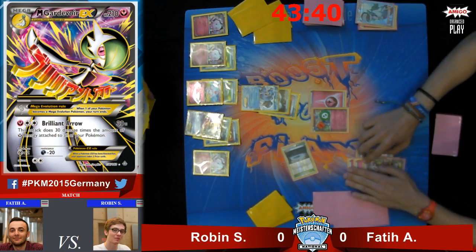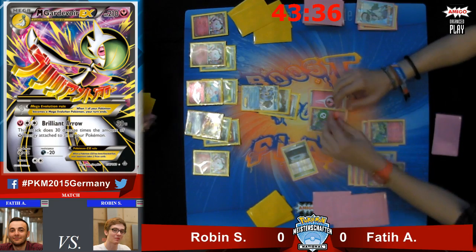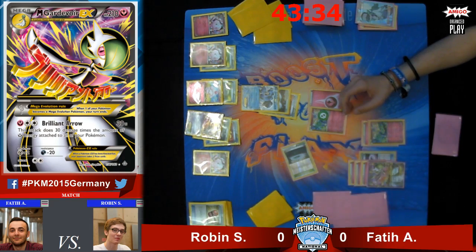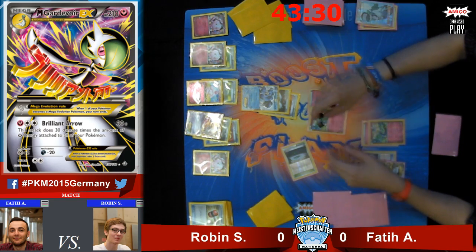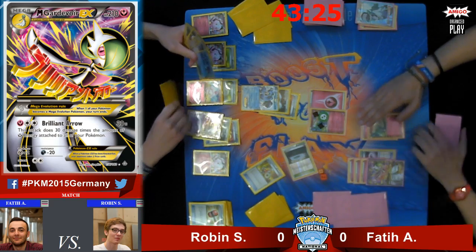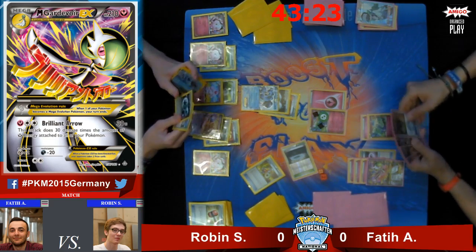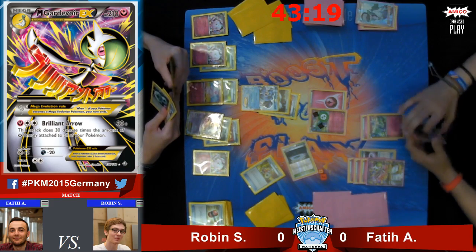Here on the left-hand side, you see that nice full art Mega Gardevoir, an amazing artwork in my opinion. And nice to see that Fatih is really prepared for some stadium wars since he's playing 4 Fairy Gardens. Absolutely, and it's so critical to be able to discard, to retreat that Xerneas and maybe reuse that energy later on. Yeah, and protect from poison and...